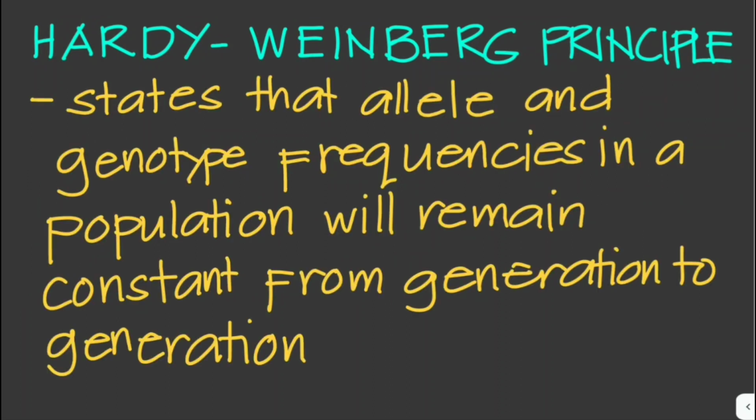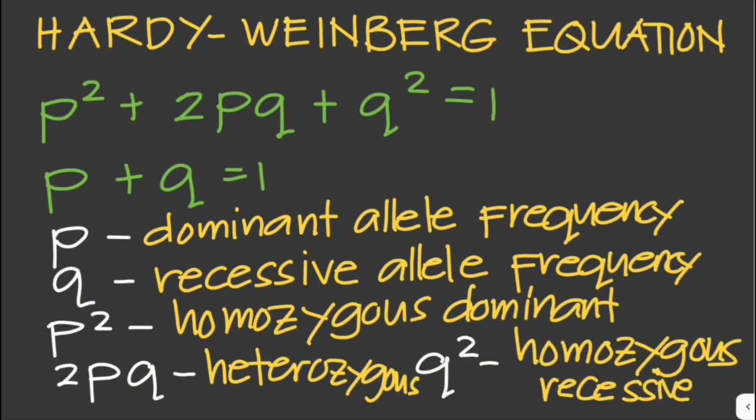Or it states that allele and genotype frequencies in a population will remain constant from generation to generation in the absence of other evolutionary influences. So the Hardy-Weinberg equilibrium has an equation or formula. If there are only two alleles for a trait in a population, then p squared plus 2pq plus q squared equals 1, and